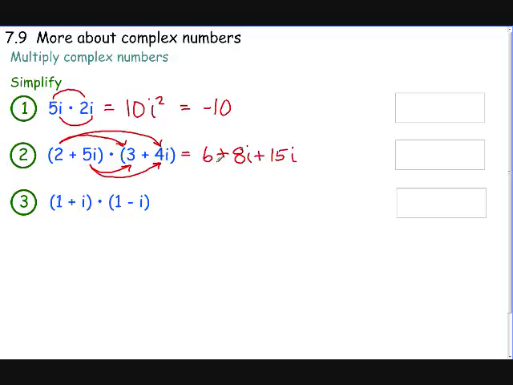terms, when we multiply those together, this is where it gets interesting. Plus 20 i squared. Now, anytime you're getting an even exponent on i, you need to be happy, because that means we're going to be able to move it from being unreal or imaginary into being a real number. So we're going to end up with 6, and then I'm going to take care of this one here. i squared is -1 times 20, correct? And right here, I've got like terms. They both have i to the first power, so those are like terms. When I add 8 and 15, I get